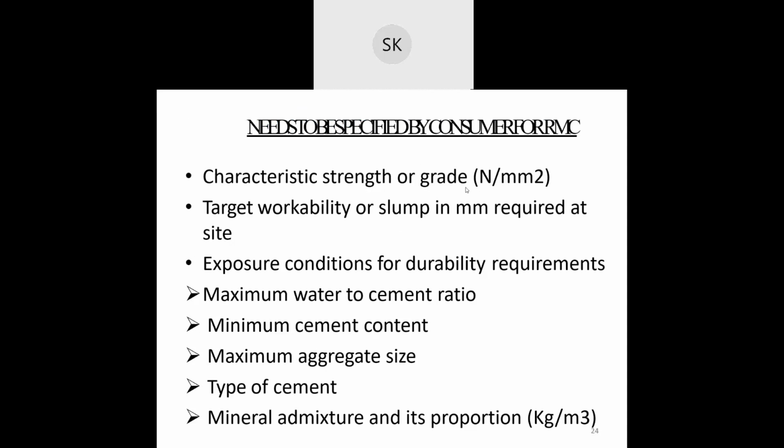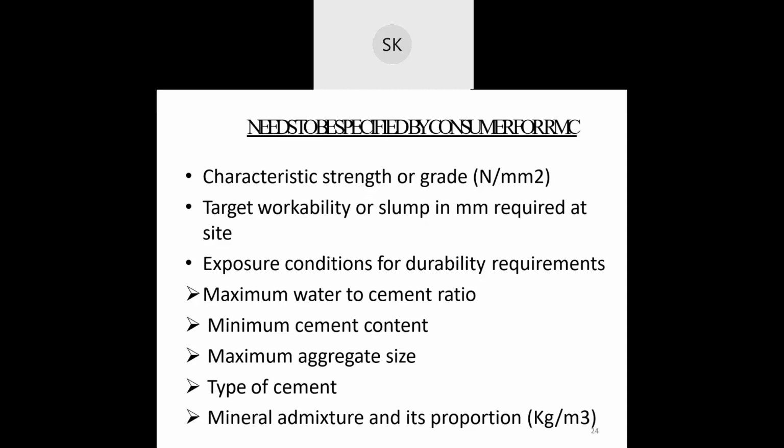Suppose you need M30, or suppose you need M40. You have to specify at first, before ordering, what grade of concrete you require. Now you can also give them the target workability or slump required at the site. Okay, these are the requirements you can give to the RMC. Based on that they will prepare your concrete.